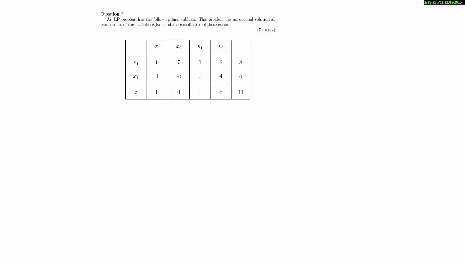Okay, so we're looking at question 7 of the 2012 exam. We're given an LP problem that has the following final tableau. Now this problem has an optimal solution at two corners of the feasible region, and we aim to find the coordinates of these corners. So firstly, we notice that in the Z row down here, we have no negative entries,